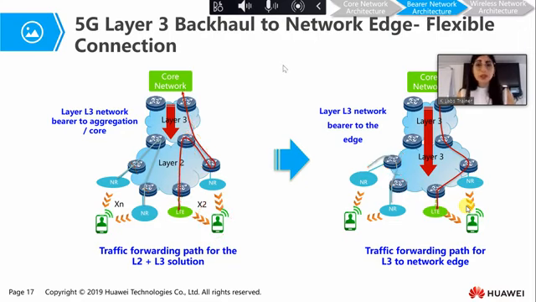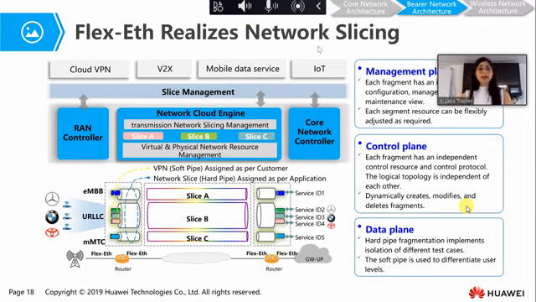And another technology that is used at the barrier network is the flexible Ethernet. With flexible Ethernet, we are able to perform hard slicing. Flexible Ethernet can support different MAC rates that may or may not correspond to an Ethernet physical rate.